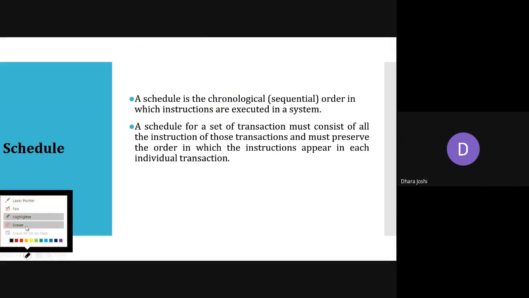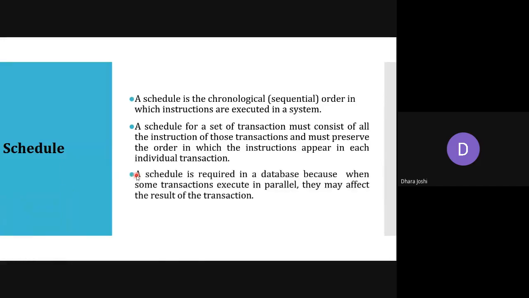Okay. And the next one, a schedule is required in a database because when some transactions are executed in parallel, they may affect the result of the transaction. So schedule means which transaction is going on and which one will affect the database value. So it will be having one schedule.